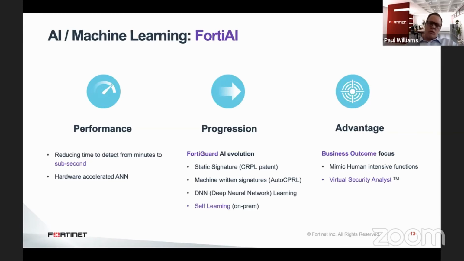So what is FortiGuard? FortiGuard is Fortinet's IP technology that has been built from day one. And basically we have about 460 data scientists that sit all around the world. What they do is they scan the internet on a daily basis, looking for these types of things like signature types of attacks, machine-written signatures, deep neural network learning, as well as self-learning on-premise. So this is a function that is part of that, and FortiGuard Labs is part of that function